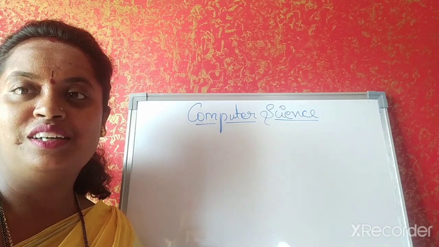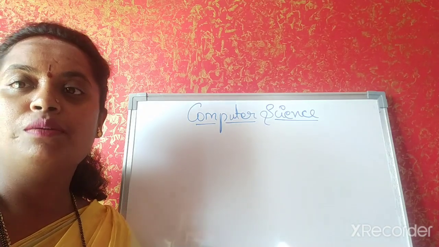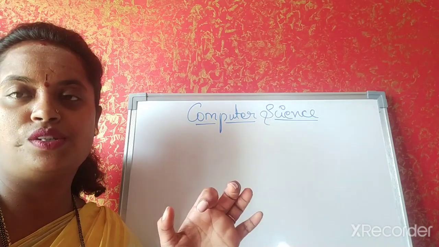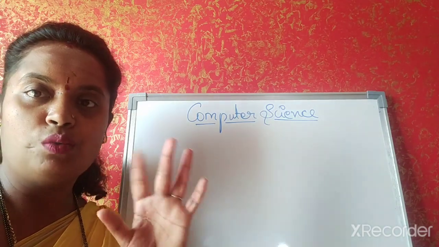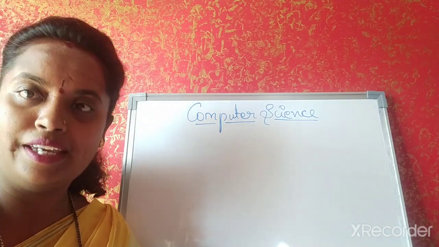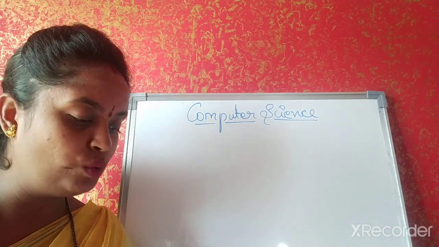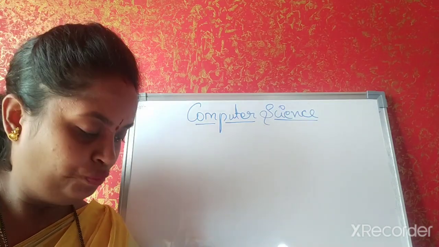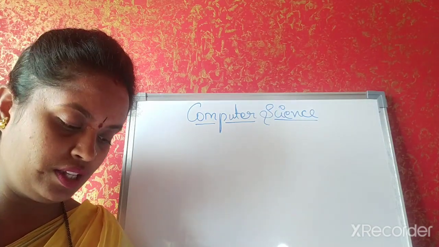In the last class, I gave you the introduction to computers, wherein you learnt parts of a computer like monitor, keyboard, CPU, mouse, printer, speakers also. In the CPU, you learnt what is ALU, that's your arithmetic logic unit, what is CU, that's your control unit, what is MU, that's your memory unit. In the keyboard, what are the different types of keys available, like alphabet keys, number keys, punctuation keys, function keys, and all those things.